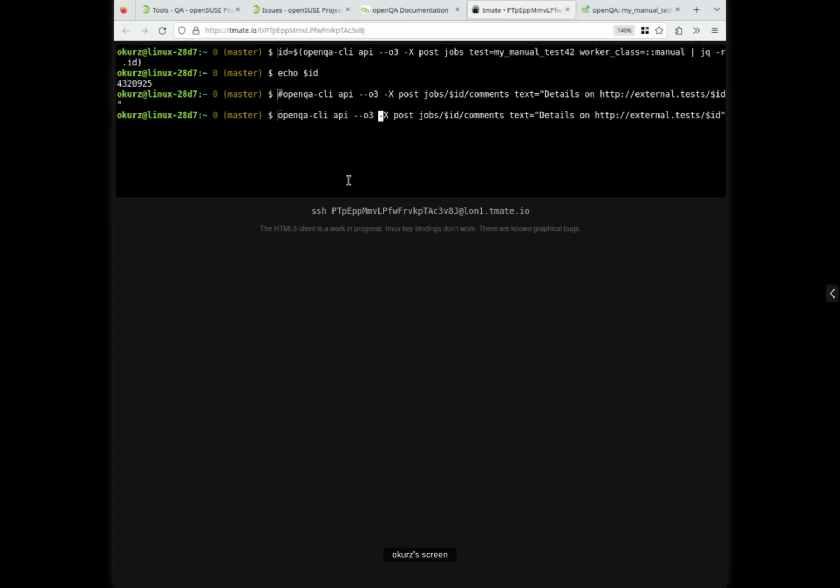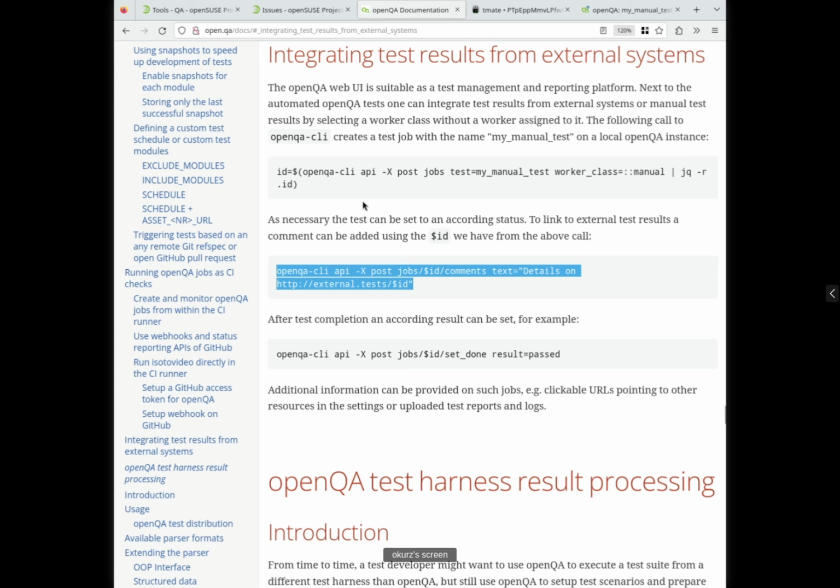So I'm just posting that comment, like details on external tests. Something like, I was happy to conduct that test. There we go. So that's the idea of the actual comment, but we don't care. We will be able to discover that over the web UI afterwards.